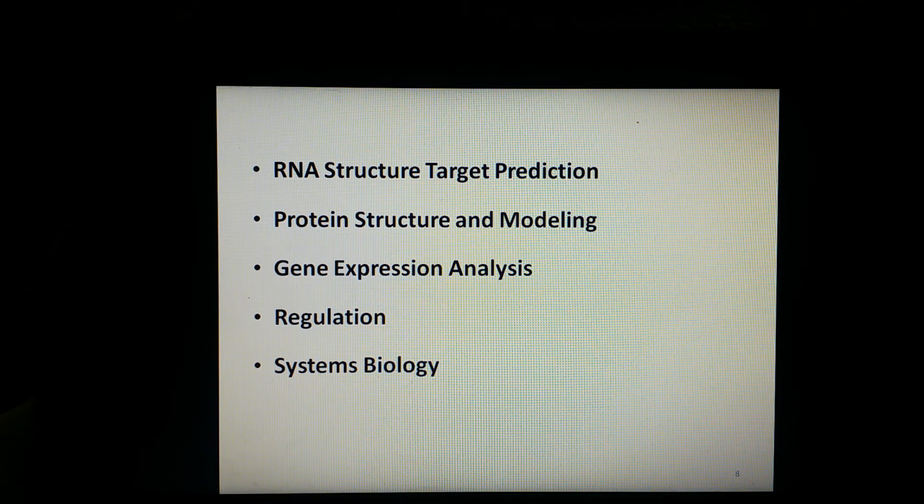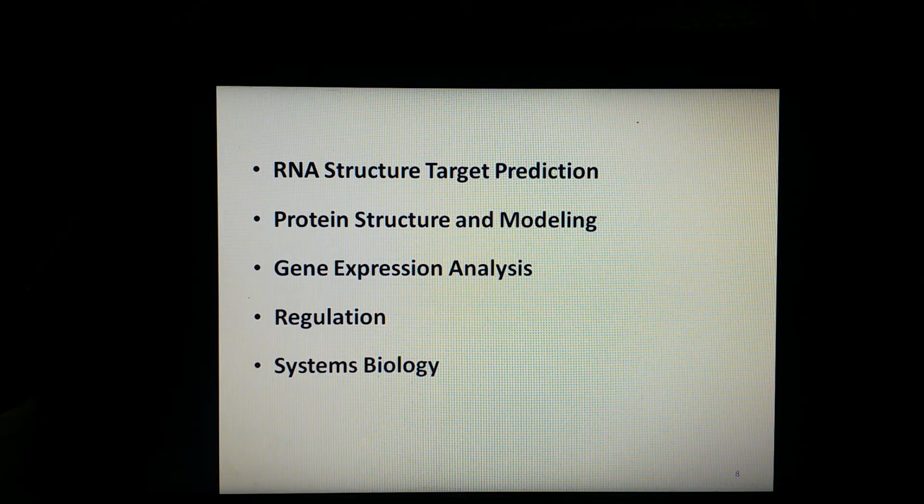Then you have protein structure and modeling. It is the area of bioinformatics that is focused on developing methods, tools, and databases for protein structure determination and prediction. We have discussed this in proteomics, but protein structure modeling is also the same. Prediction is done with a given protein sequence or function or structure of a similar protein. By comparison it is done.